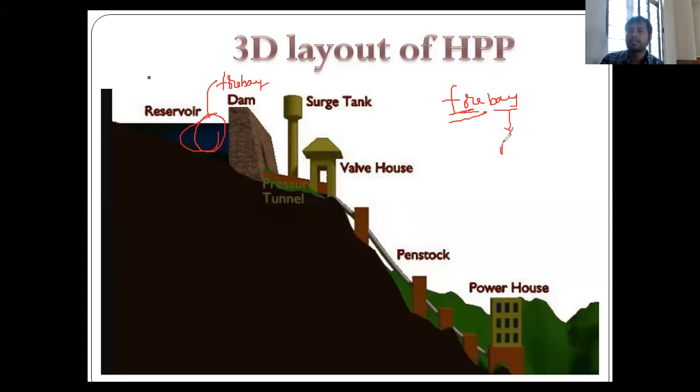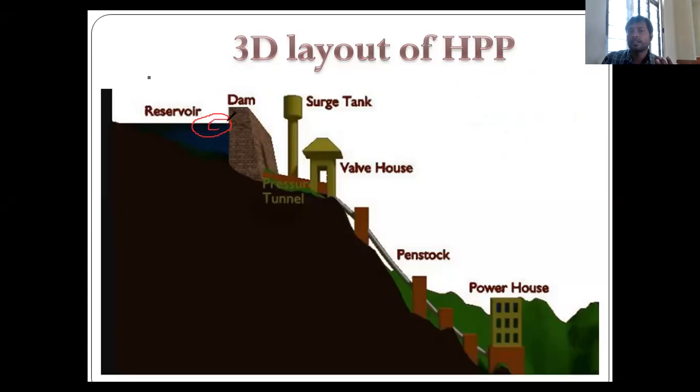Bay is nothing but a path or place. For example, bus bay is nothing but the place where the bus can be stopped, or that can stay for a while, for hours or for a minute, or whatever it may be. Whatever the place where a bus can be stopped is called bus bay, nothing but a place. So forebay is nothing but a place in front of the first part,